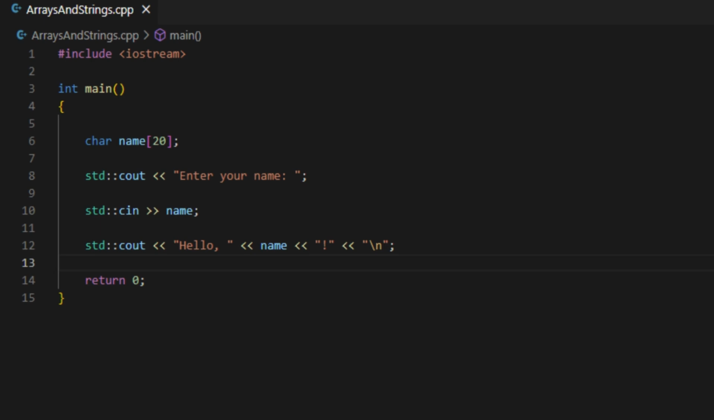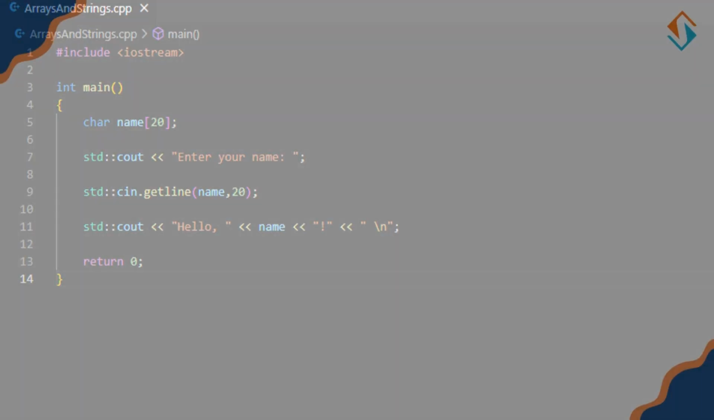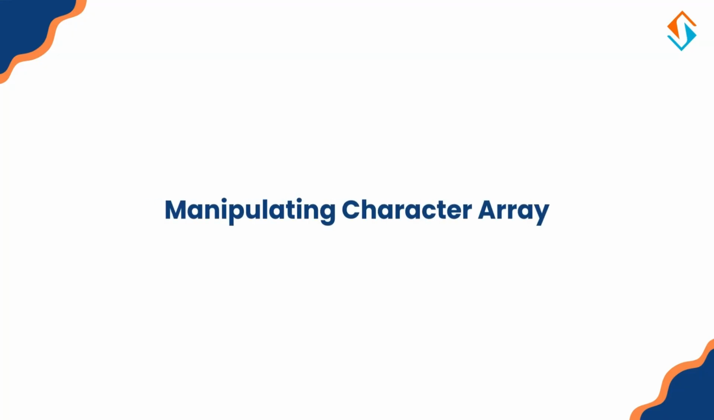In this example, charName creates a character array that can hold up to 19 characters, plus the null terminator. When you use cin, it stops reading input when it encounters a space. If you want to include spaces in your input, you can use the cin.getline function like this. You can manipulate character arrays using functions from the C-string library. For example,